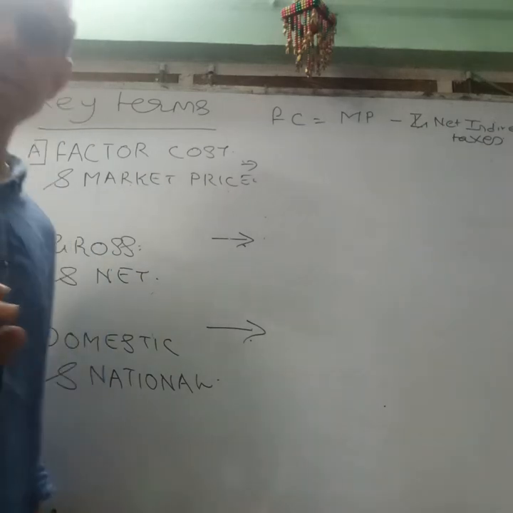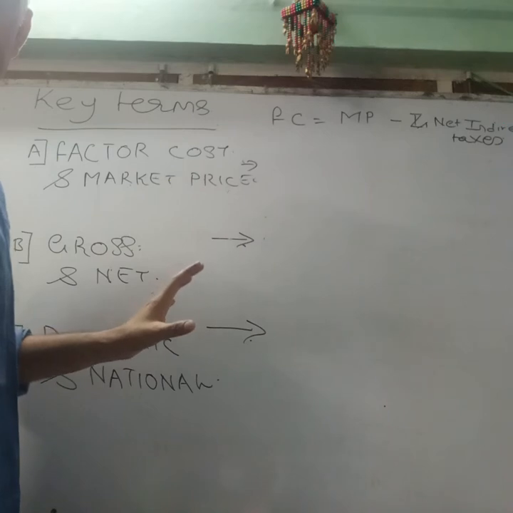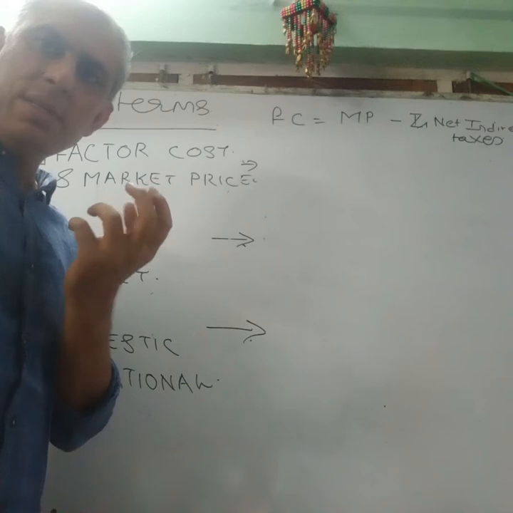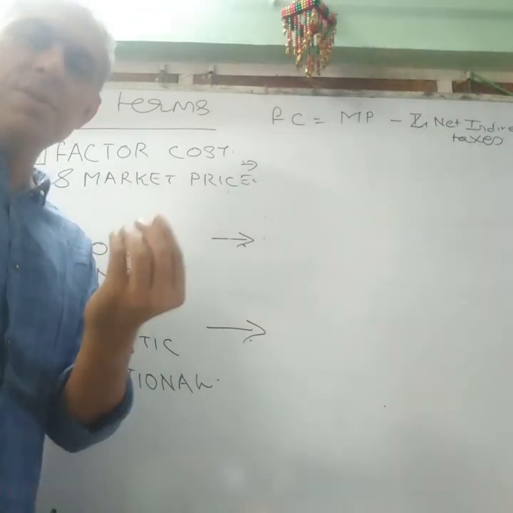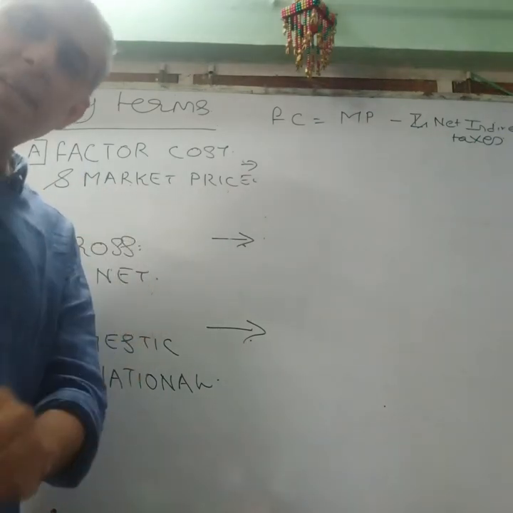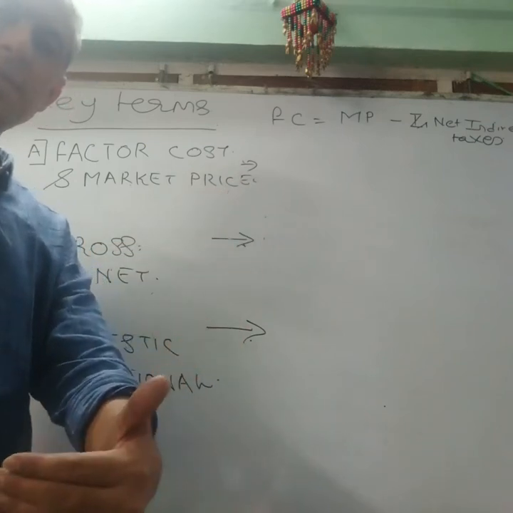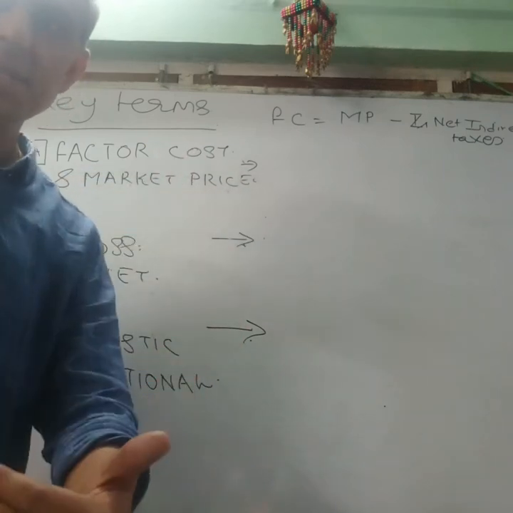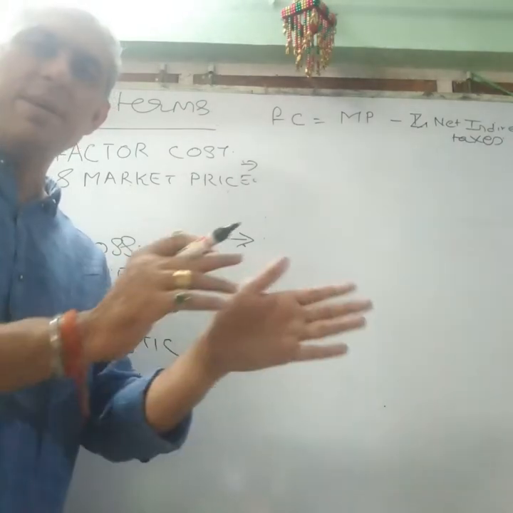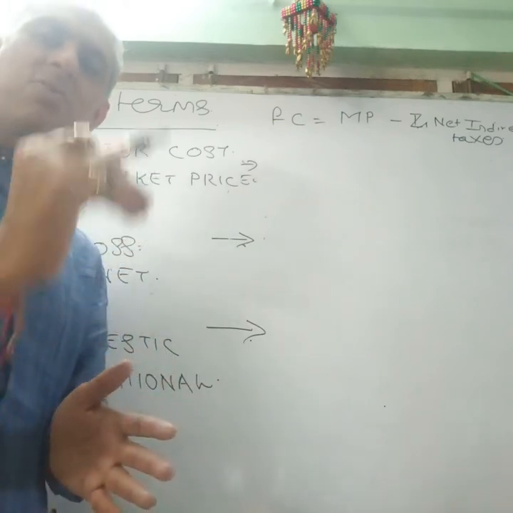Now, what you have to remember is when the goods come out of the factory, they only include the cost which a producer has to pay to the factors of production. But when it is finally made available to the consumer, the price increases because of the indirect taxes, paid by one person, borne by the other person. The price is increased because of indirect taxes,